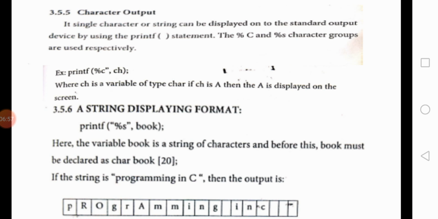It will count the characters, because we have clearly mentioned the size there. While writing code, we need to mention a particular size for the input. If the input exceeds, it will display where it ends. Then the output for this string is programming in C.